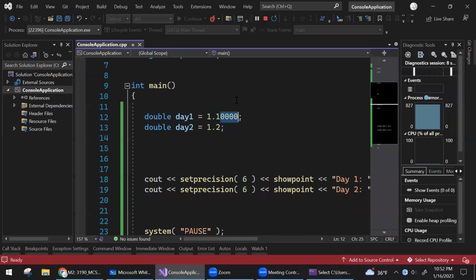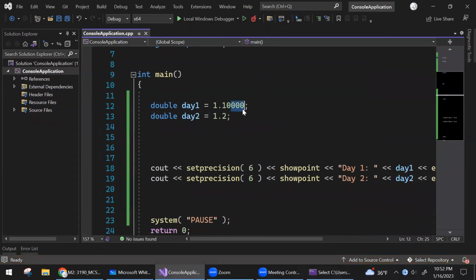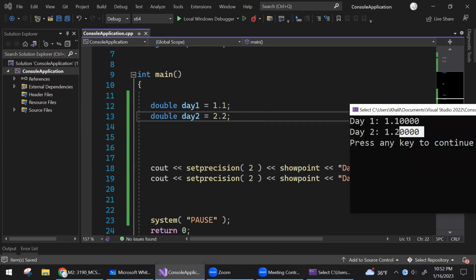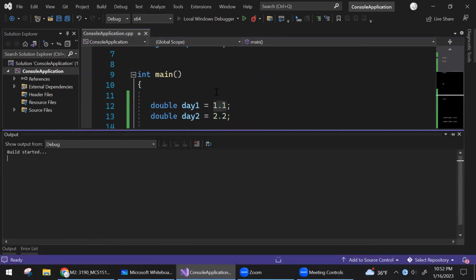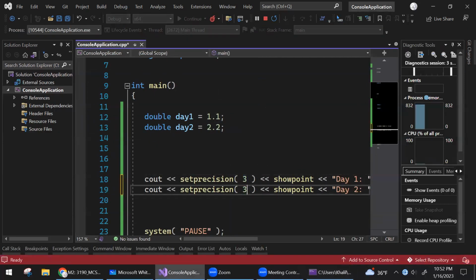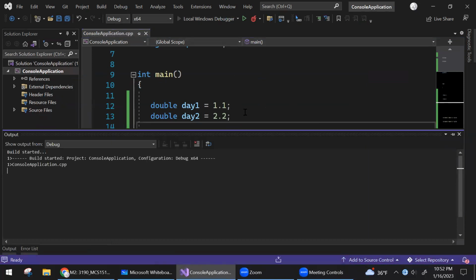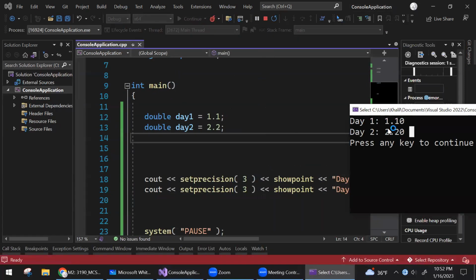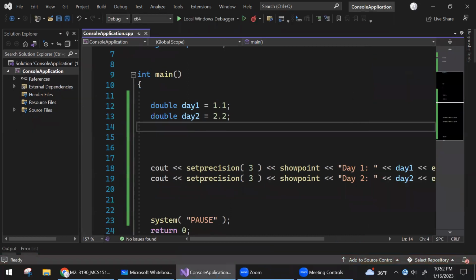Sometimes you have a dollar and 10 cents, and in your value it's 1.1, but you want to show it as a dollar currency. So now this is $2.2. So now I'm going to show it as a currency. Let's add one. Now it will display it as a currency, $1.10, $2.20, etc. So this is for the show point